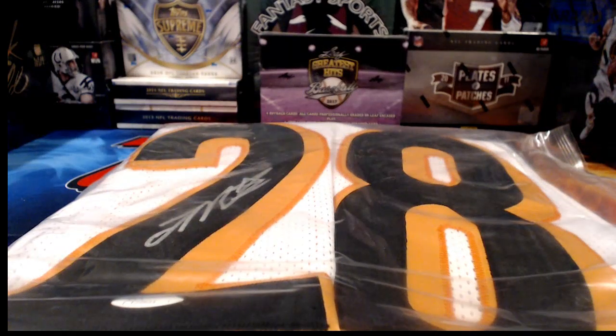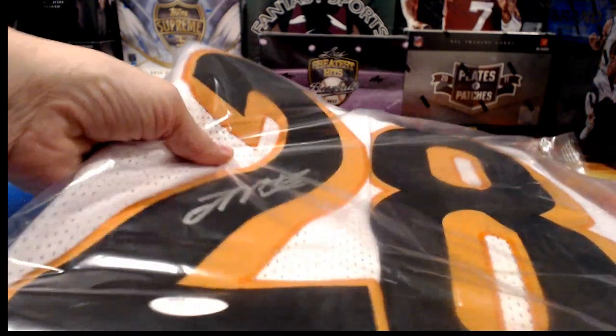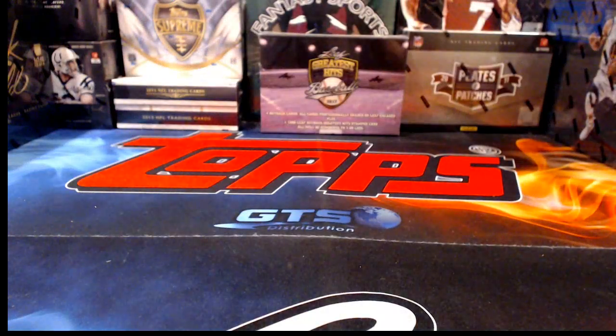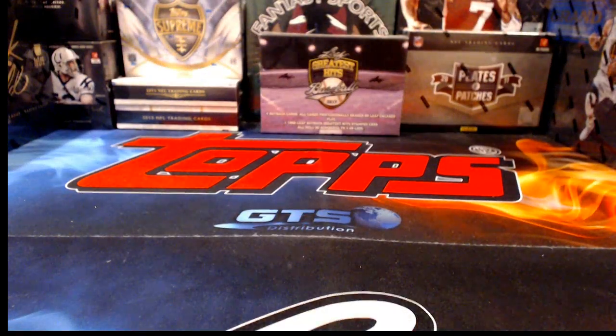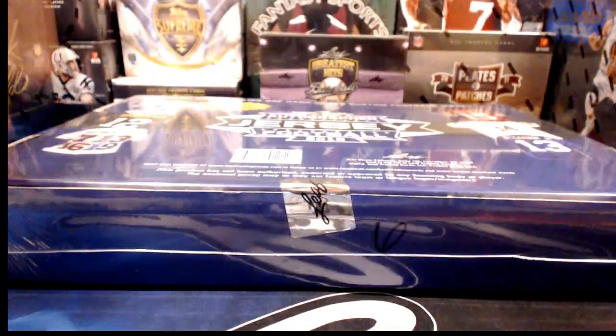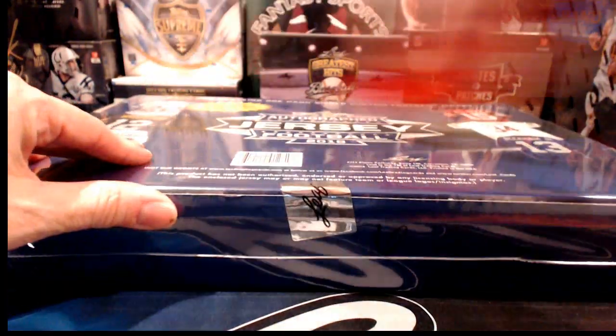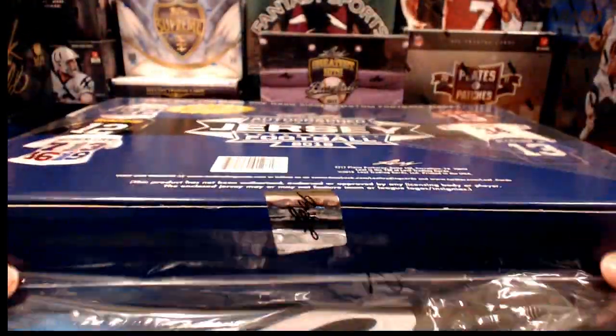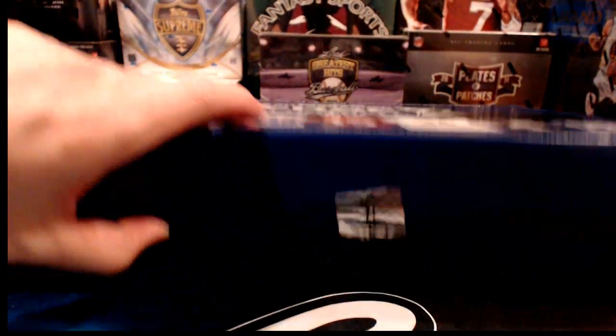So when you get this, guys, just make sure that you find the cards, whether they're credit cards or whether they're paper like this. If you want to keep that, just make sure that you locate that before you toss all of your wrapping stuff out, because I tend to fold them up inside the jersey for the most part. You know, and if you take the jersey out like I would, I'd be all excited and like, whoo, whip it open. That thing will go flying and you might not see it. So,